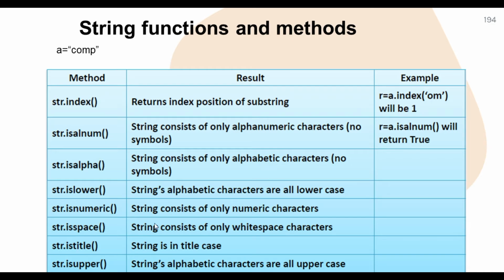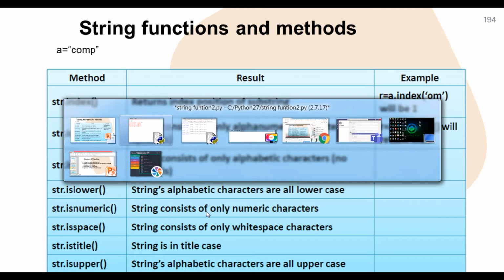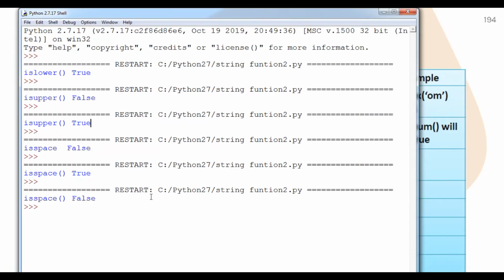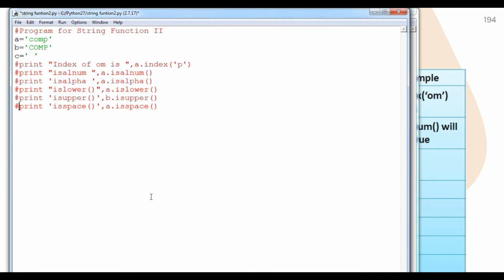Now we are going to understand the next functions, that is title and isnumeric. We are going to do them one by one. So the next function is title.